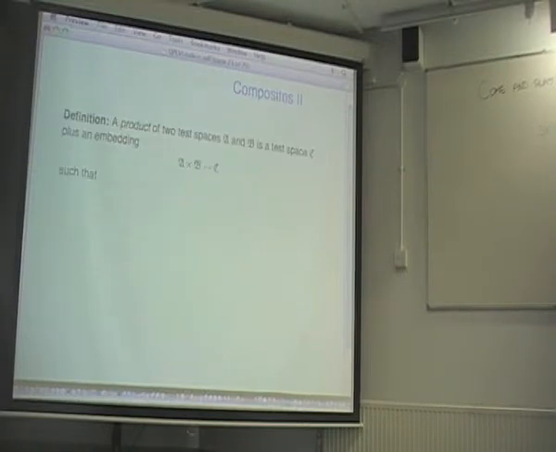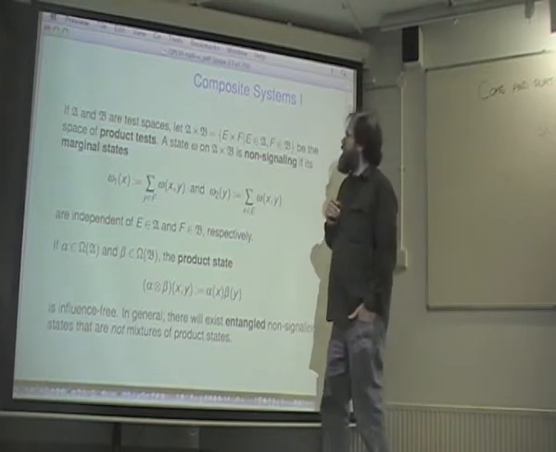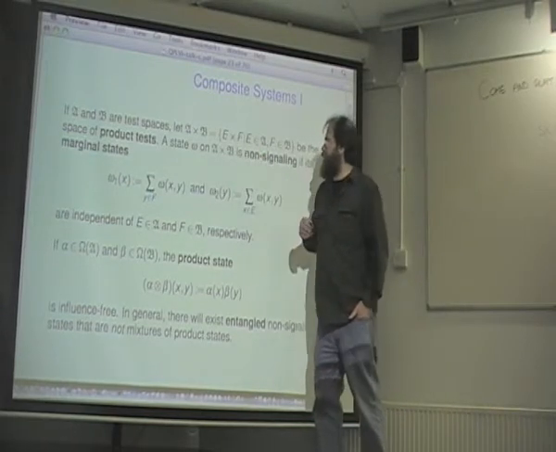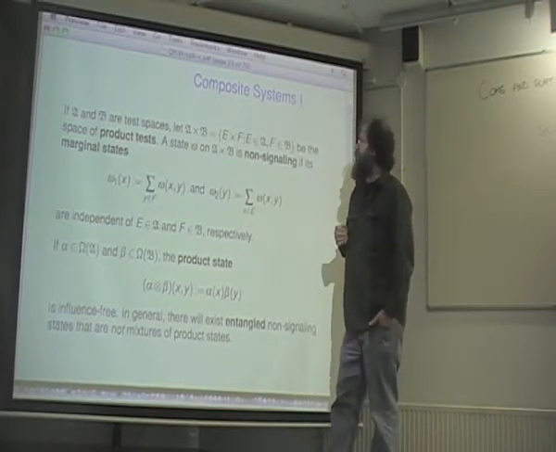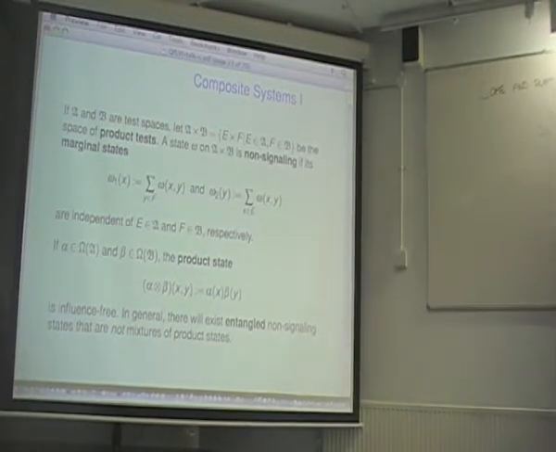Quite generic here. Now, there's a problem with this model. The problem is that in this model I can only form product tests. There's no entanglement between measurements. So we might want to fatten the model up.